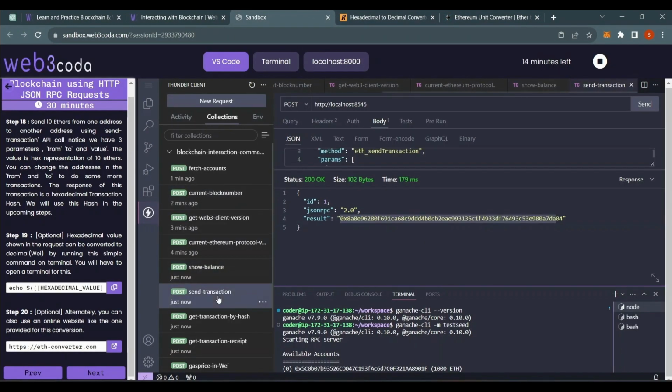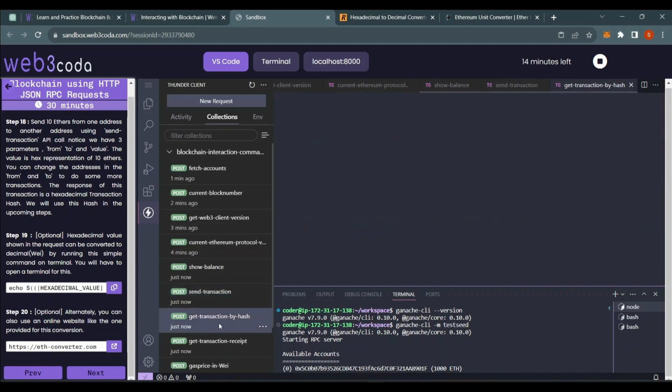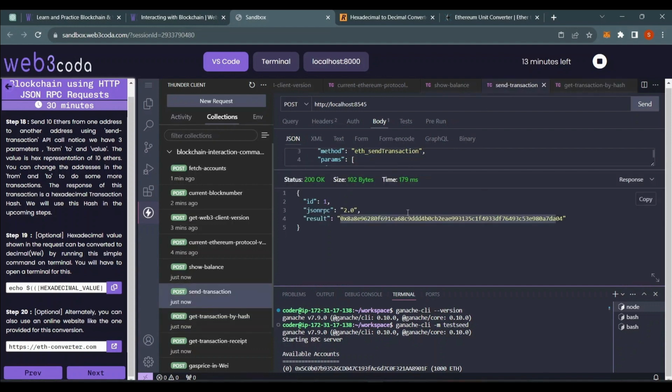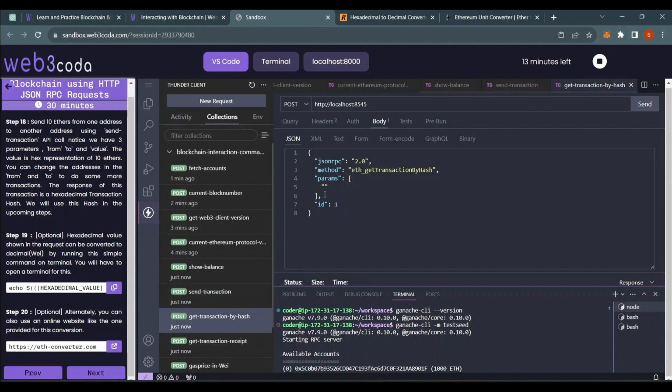So for that, let's move on to this get transaction by hash method. What this call basically does is it gets you the details about a transaction. And here in the parameters, we are going to put in the transaction hash. Remember I told you that we are going to use that hash value, that hexadecimal value, in another call. So let's just use it. We'll copy it from here and paste it here. And now if we send the request to it,